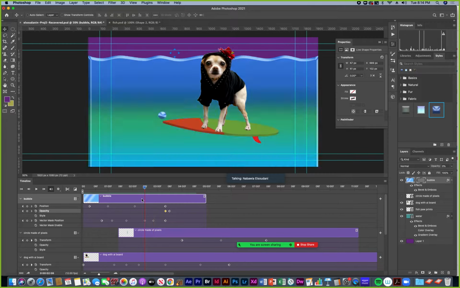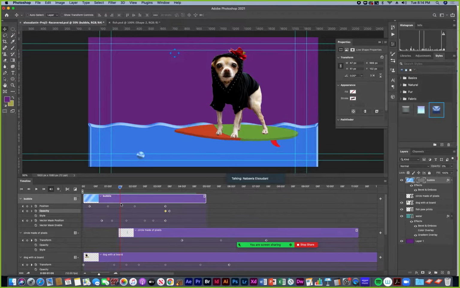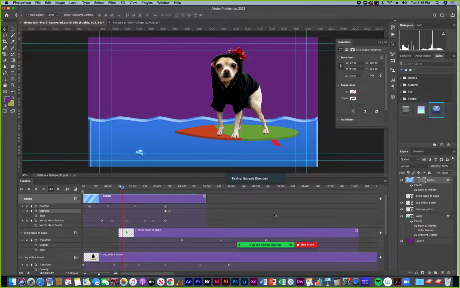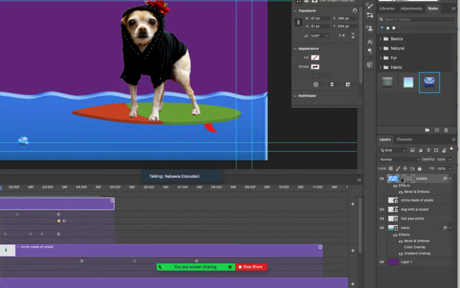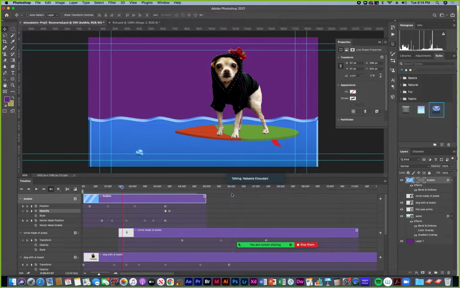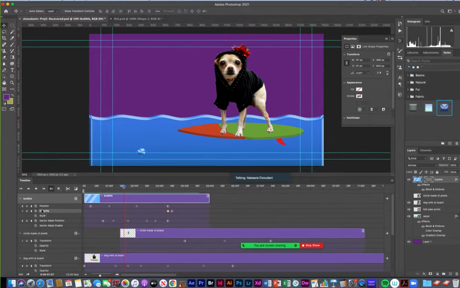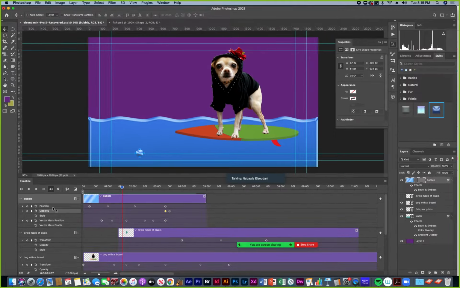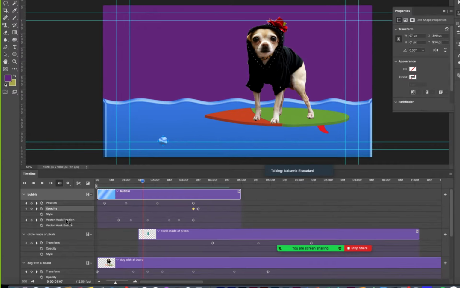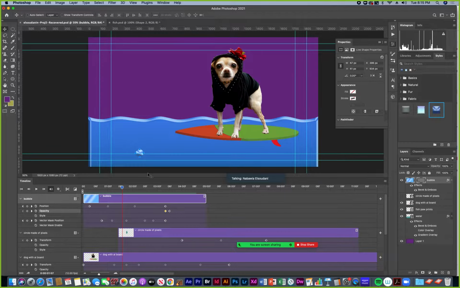But I just wanted to show you how you can keyframe two different things. When you have a layer with a mask, you can be keyframing what's inside of the mask, and that's with position, and then you can keyframe the vector mask position to actually move the object through the scene.